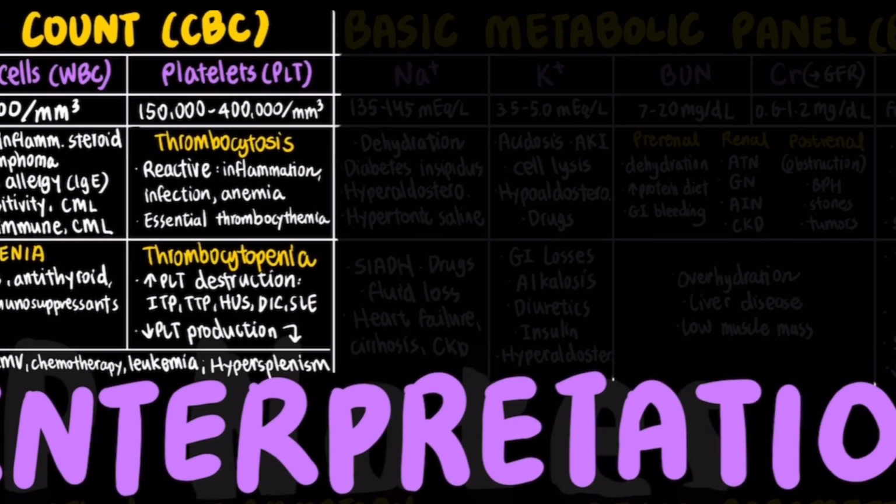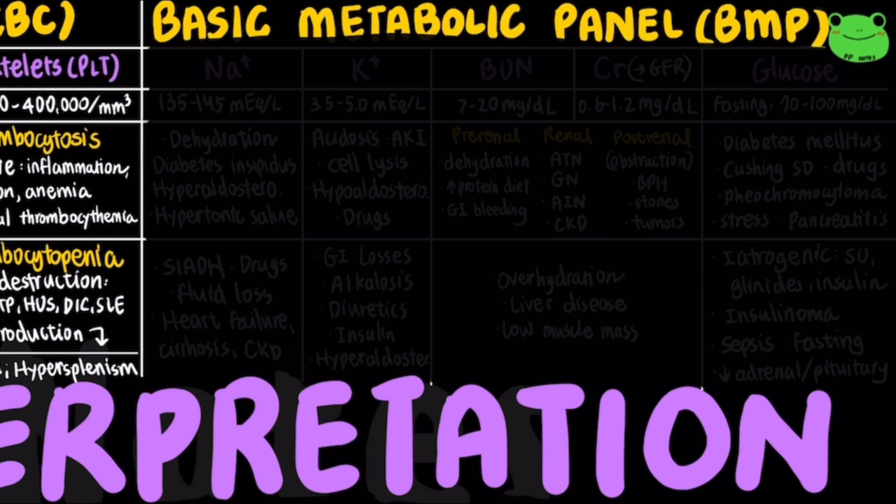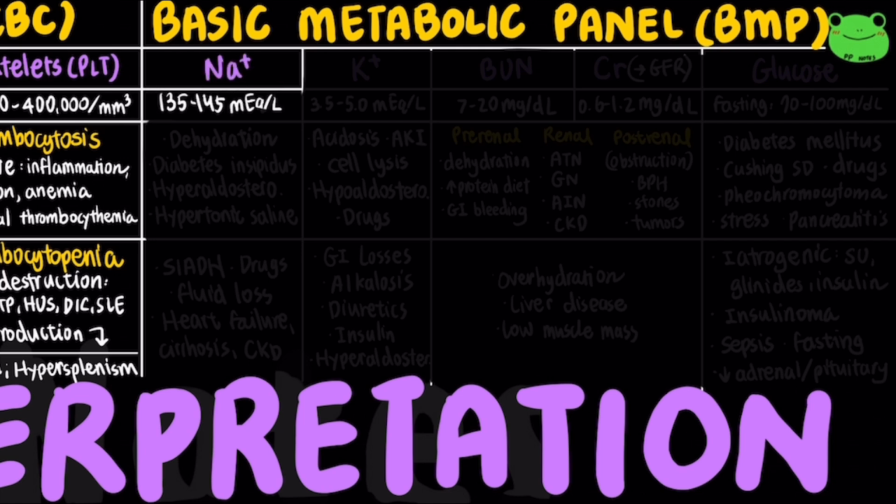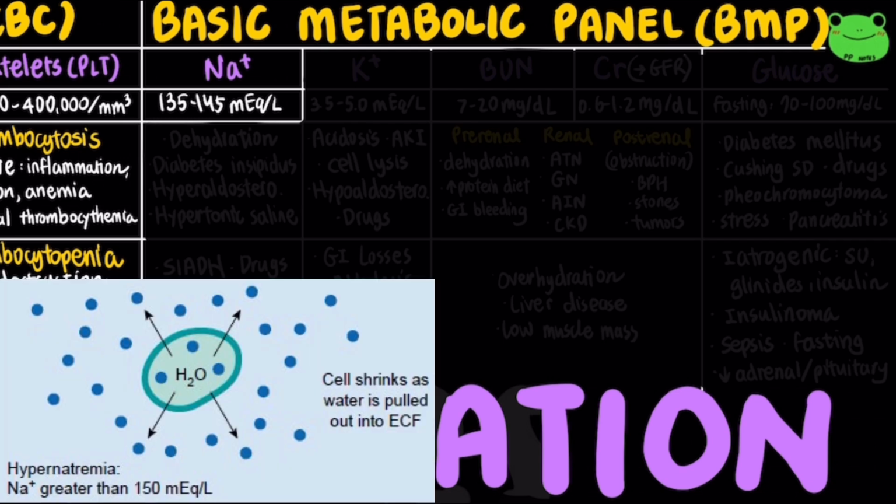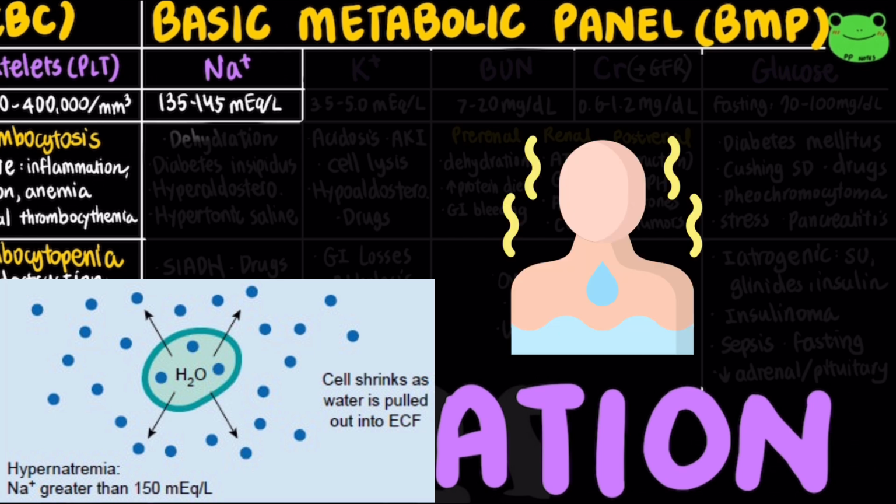Now let's look at the basic metabolic panel, or BMP, which helps us assess electrolyte balance, renal function, and glucose control. Normal sodium levels range from 135 to 145 milliequivalent per liter. When sodium is elevated, it usually reflects a loss of free water rather than too much sodium intake. Some important causes include dehydration, where the patient loses water through vomiting, diarrhea, fever, or simply poor intake, especially in